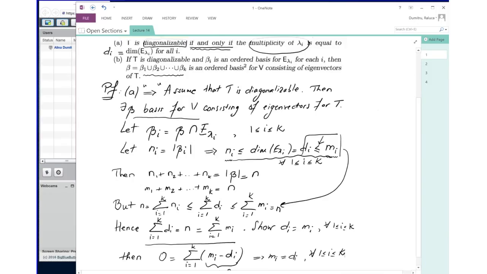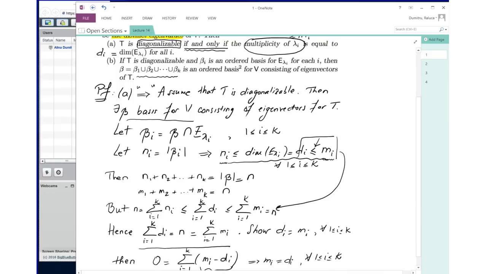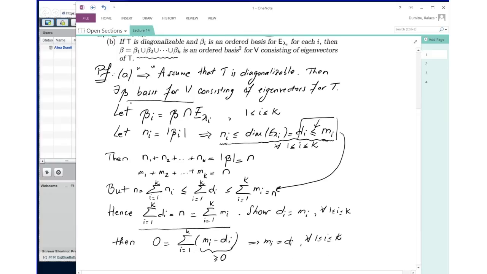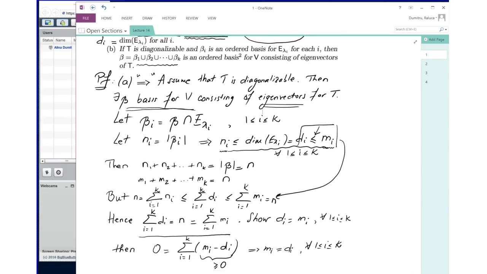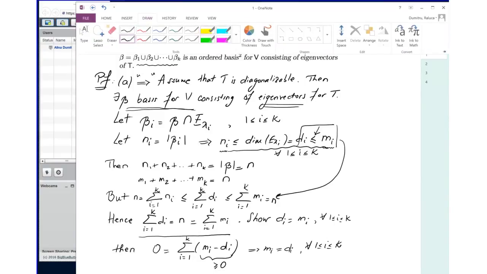Okay, so what we proved is that in case T is diagonalizable, so a basis of eigenvectors exists, then this must happen: every eigenspace has a dimension equal to the multiplicity. Let's go backwards. Oh, and more than that, if you look at part B now, part B says,